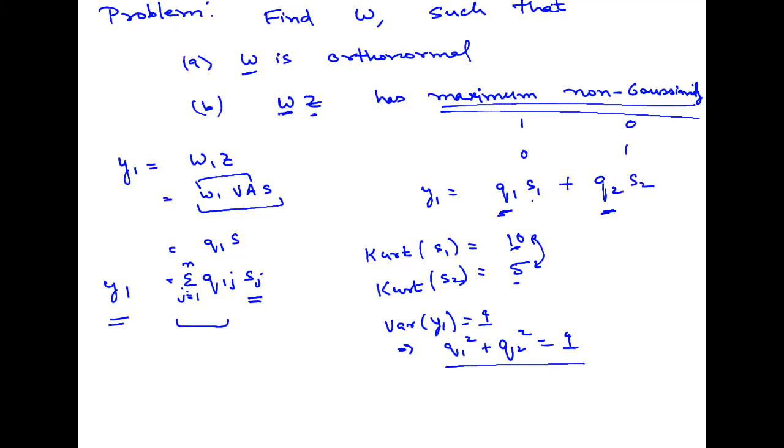So that will not minimize my objective function for y1 because I can have a choice of setting q1 equal to 1 by choosing my w appropriately. I don't know what the mixing matrices are, but I can choose a w. q1 equal to 1 will translate into some value of w, and those values of w I can select. And that is going to actually unmix the signal and therefore maximize the non-Gaussianity. Right?